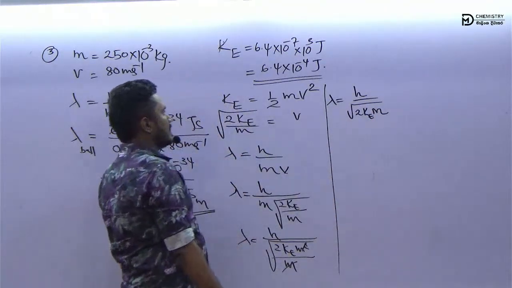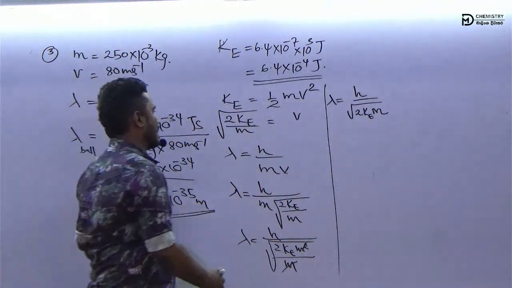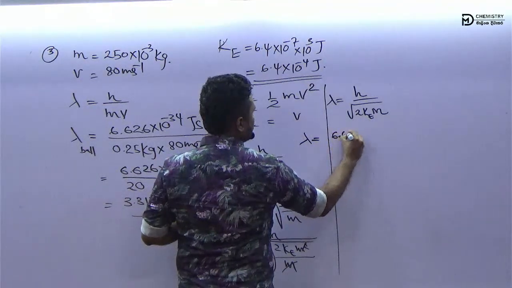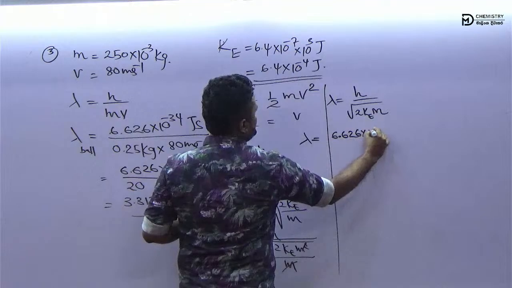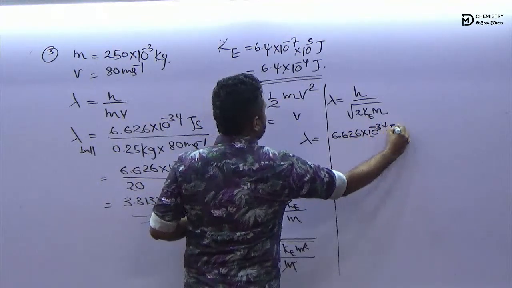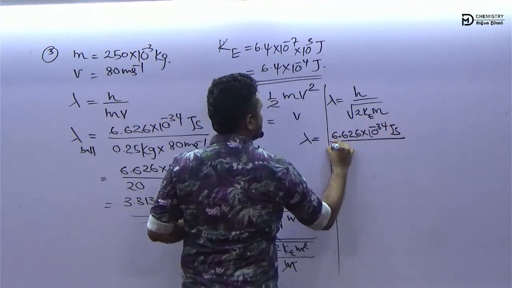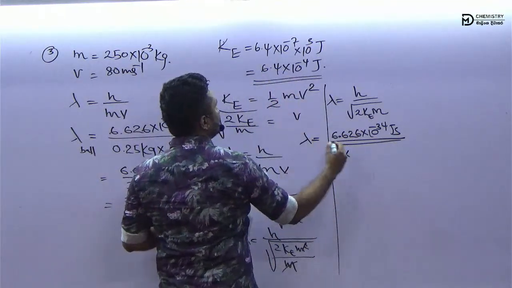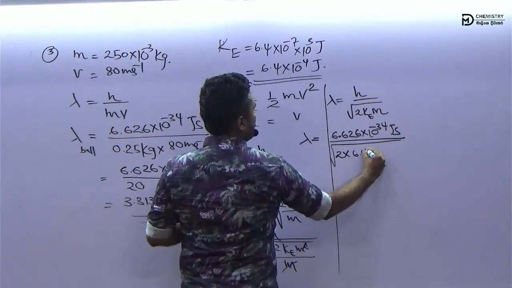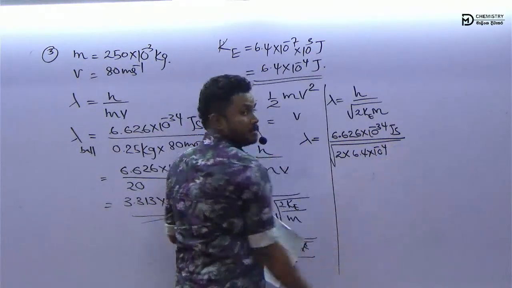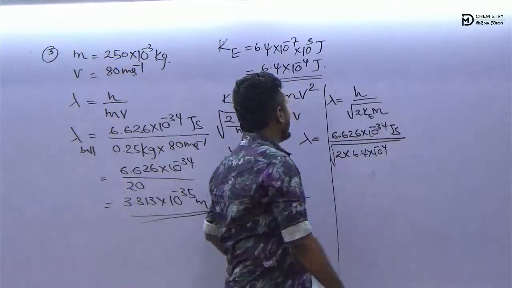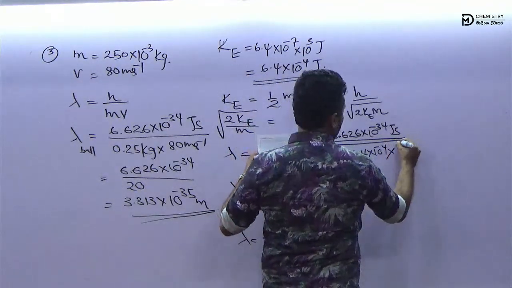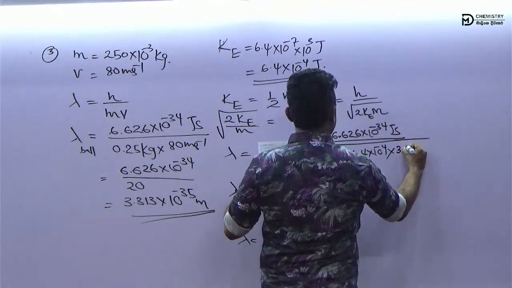So to calculate lambda, the Planck constant is 6.626 into 10 to the power minus 34 joule second over the square root of 2 into the kinetic energy, 6.4 into 10 to the power minus 4 joule, and the mass of the object. There is a small error there, but let's use it, guys: 3.2